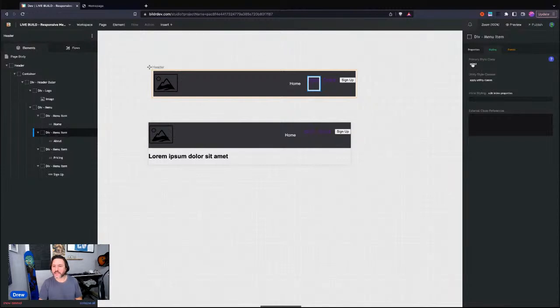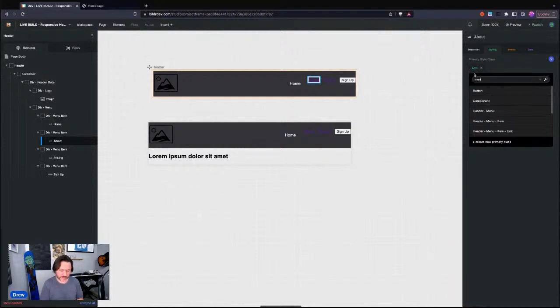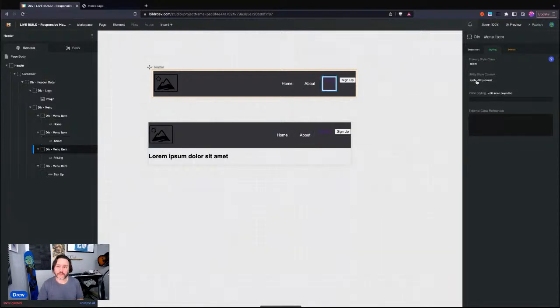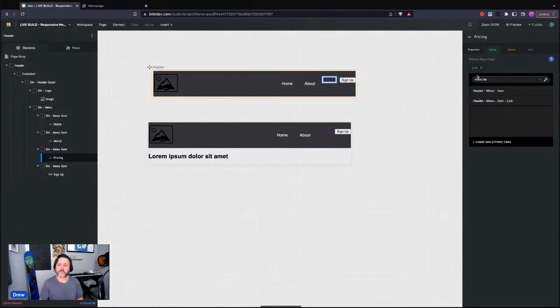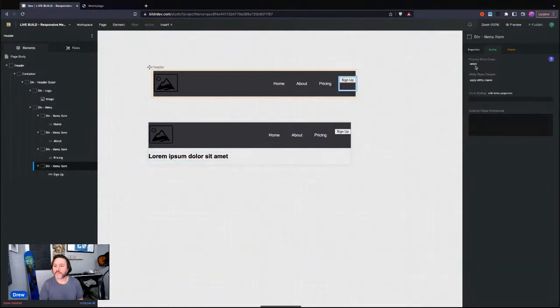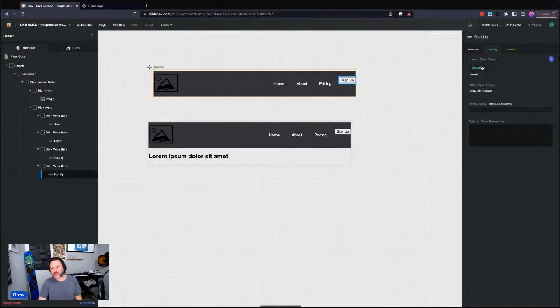And then now I just need to apply those classes I created. So this was menu item and then menu item link. Menu item link, menu item. And then this button, we have a default button class that can get used other places. I would say most of the time, or a lot of the time anyway, you'll have that same button in the header. But if you want to do a special header button that's specific, you can change this here to be like